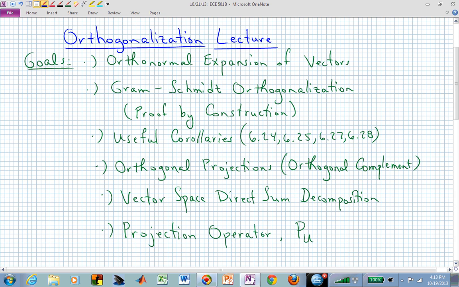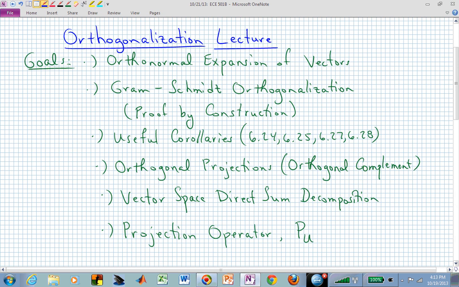It actually allows us to build up a set of orthonormal basis vectors from a set of linearly independent basis vectors. Once we have this way of producing an orthonormal basis, then we can create a lot of different corollaries,